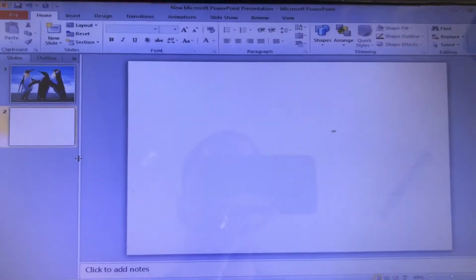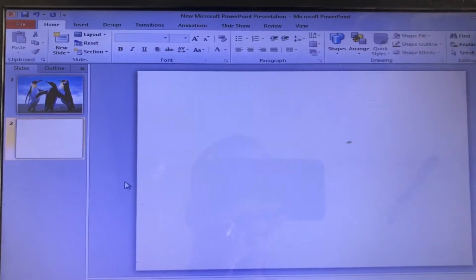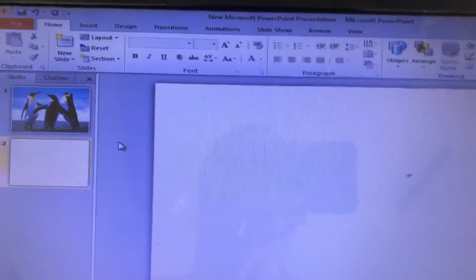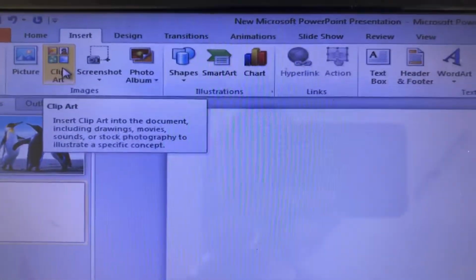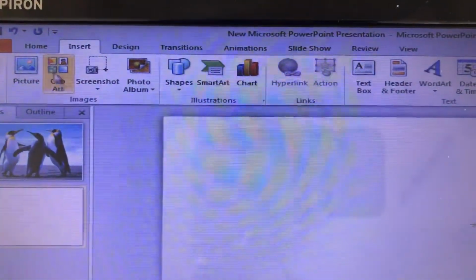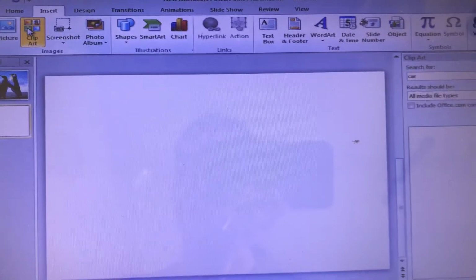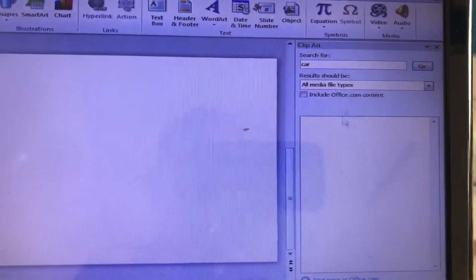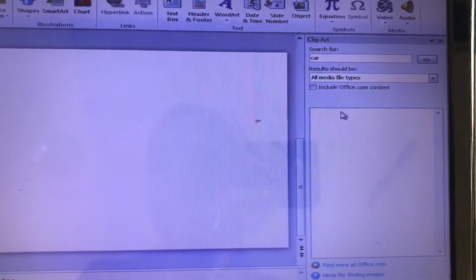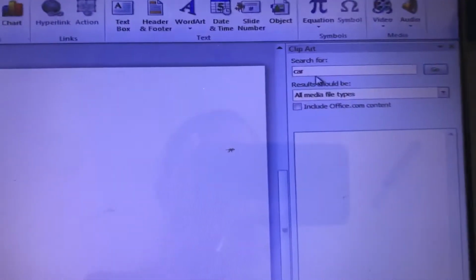Okay, so students, now we will insert a clip art. So for this we have to go to insert tab and then here is a clip art option in images group. So you have to click here and then clip art task pane will appear. Then here in search for box you can type anything which you want to search.